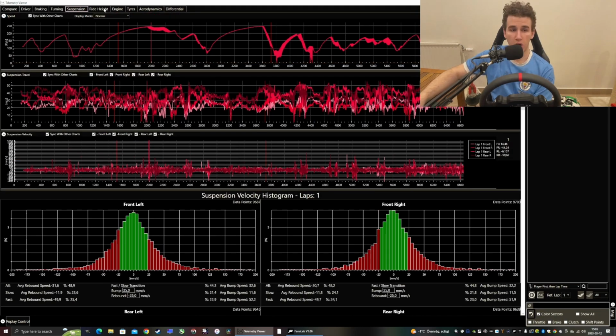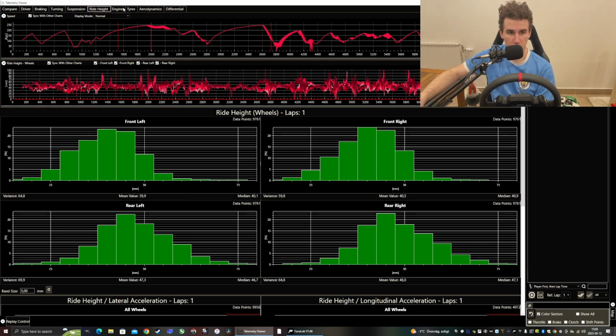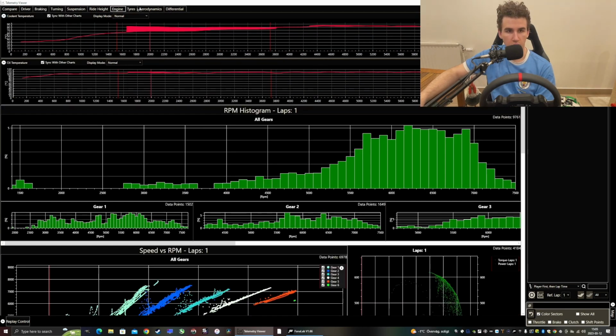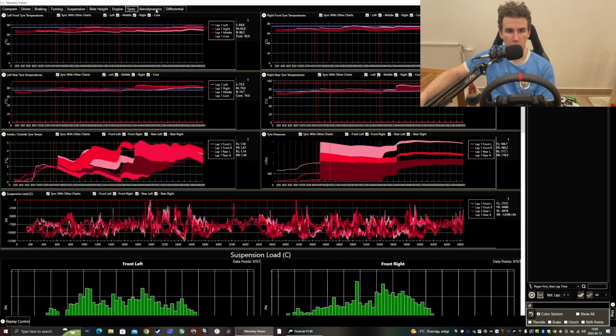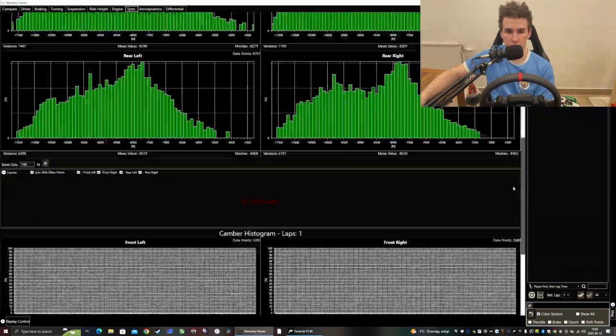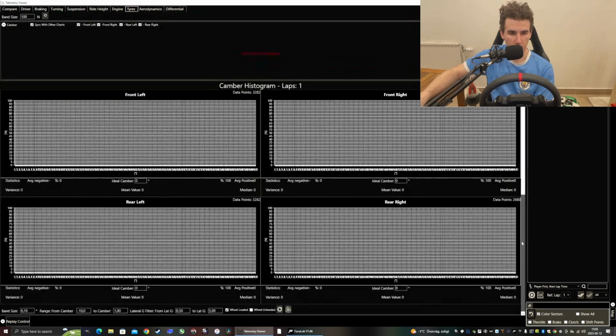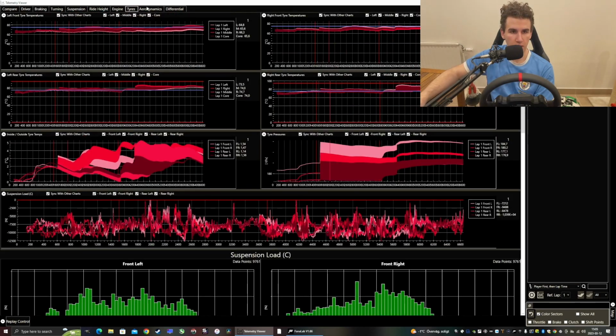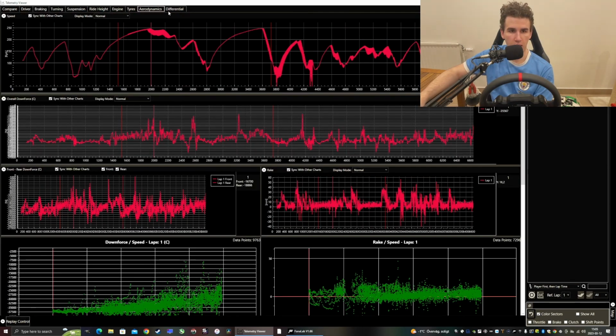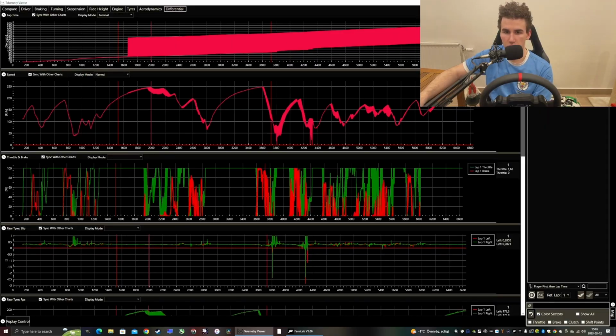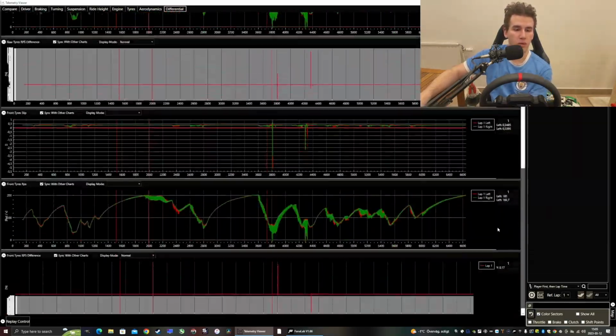You also have the ride height, you also have engine, you have tires. What do you have in tires? Well, you have a ton of things. Here you can see you also have aerodynamics and the differential. So you have all of them here, which is a very easy way to try and set up your cars